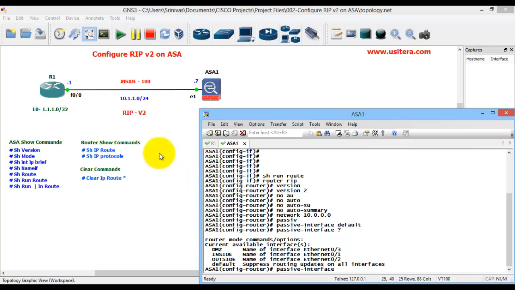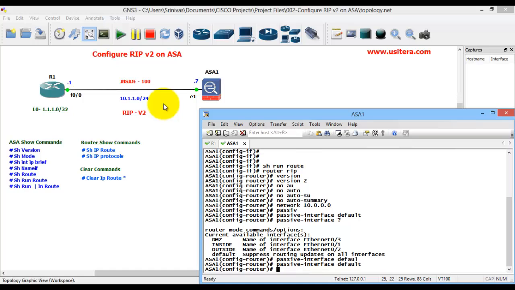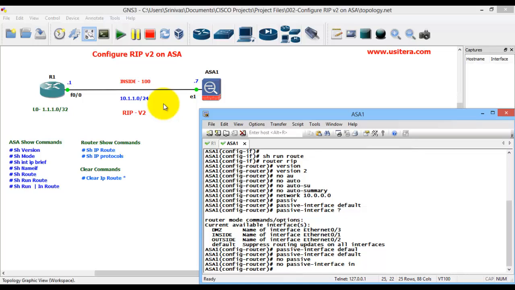It is automatically configured on the interfaces. Then no passive-interface inside. Inside is the very secure level, so that's why we use this command and do not add passive-interface default in inside mode.